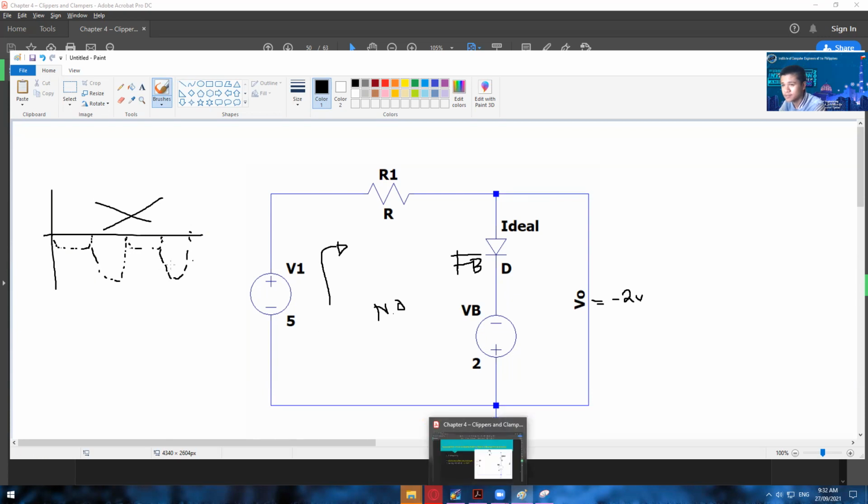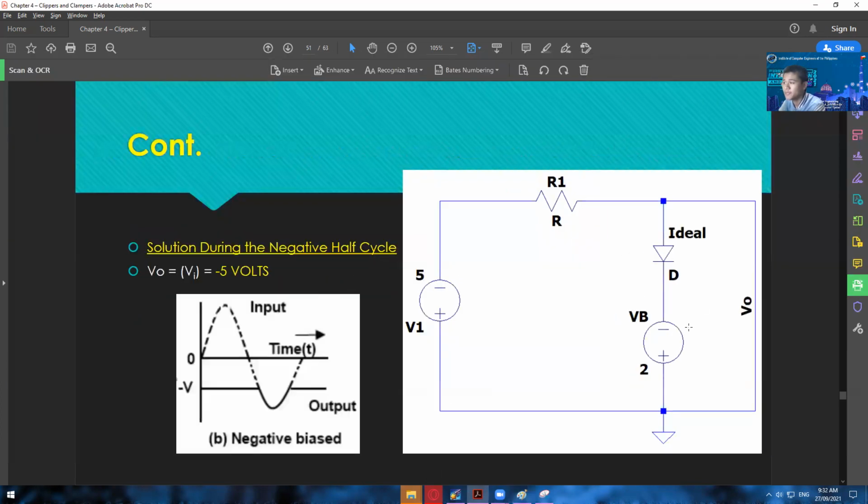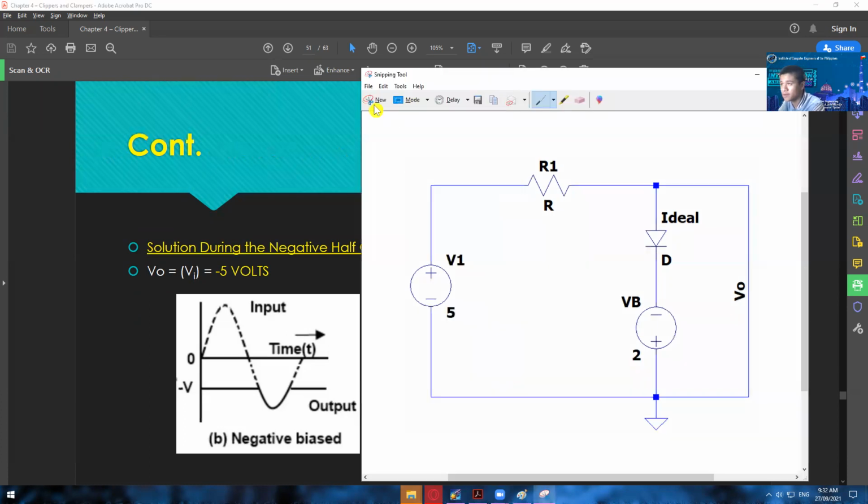Okay, so there are also some cases like this. So don't get shocked if we have a reading of negative 2 volts, even though we are still in a positive half cycle. And then during the negative half cycle, as a result, we have here negative 5 volts reading only, since negative to positive, positive to negative, negative to negative, and then positive to positive. So again, if you are going to compare this one,